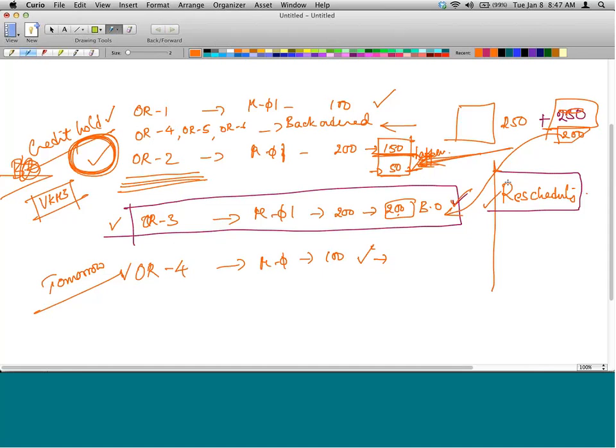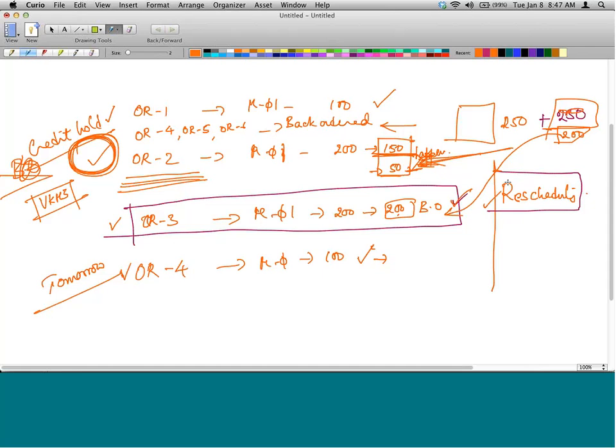So that is the problem. It's a matter of timing between when credit hold is released for an order versus when rescheduling runs. Okay? So certain orders will get preferential treatment because they were on credit hold and they are released, and for all orders that are released from credit hold, the availability check happens by default,